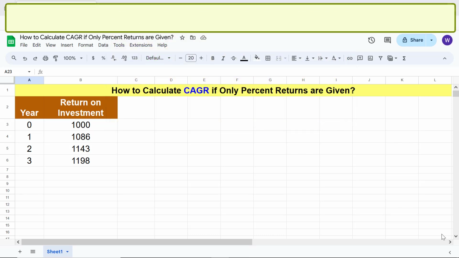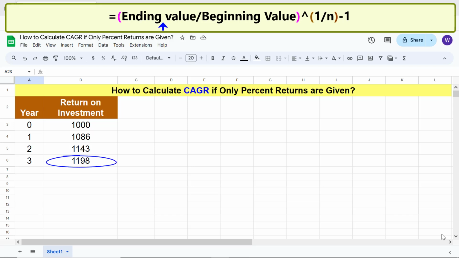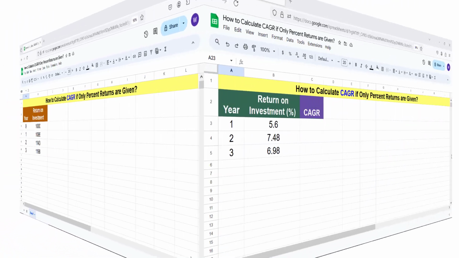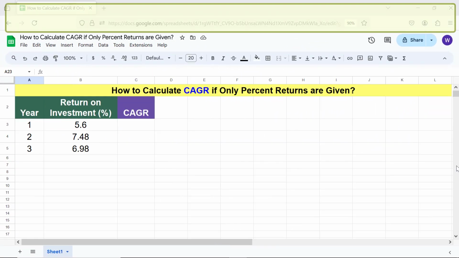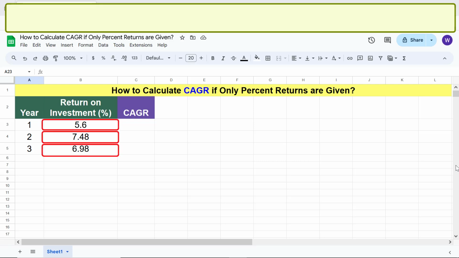CAGR formula is: ending value is the value of investment at the end of the investment period. Beginning value is the initial value of investment. N is the number of years of investment. The CAGR formula, if only percentage returns are given, instead of the actual returns, is: